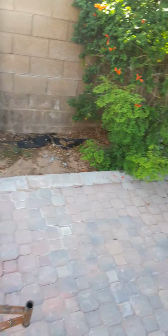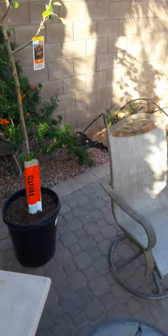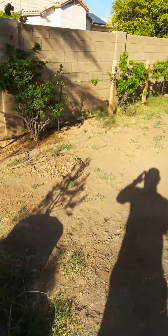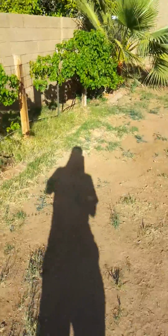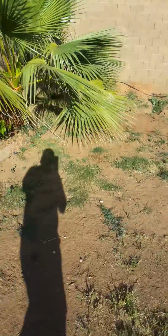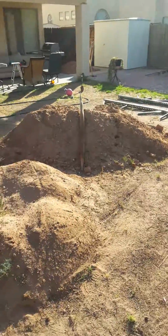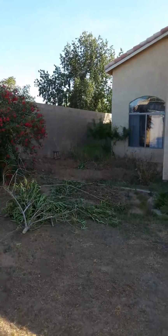But all this, I started digging all this stuff out and been working on this. I got to replace 20-year-old sprinkler line. That's not fun, but quick and dirty, get it done. That'll be about, well, once I do all the plugs for all the plants, probably take me a couple hours. I got most of the line run already, but yeah, anyway, this is it. I got to get rid of a couple dirt piles, and then back over in the corner,